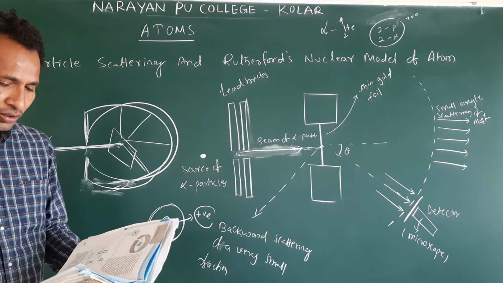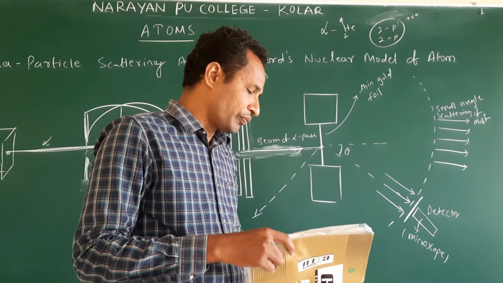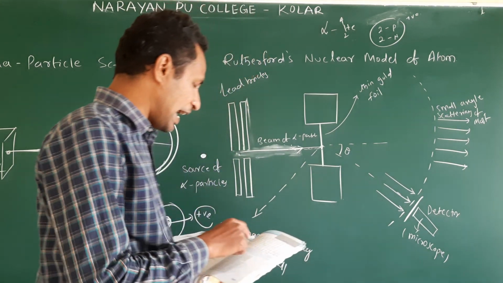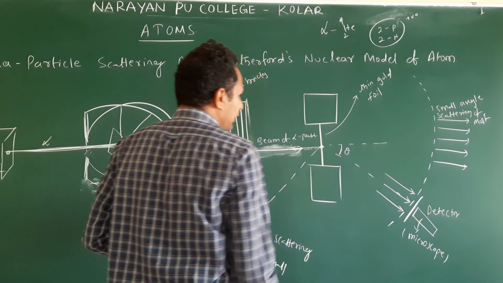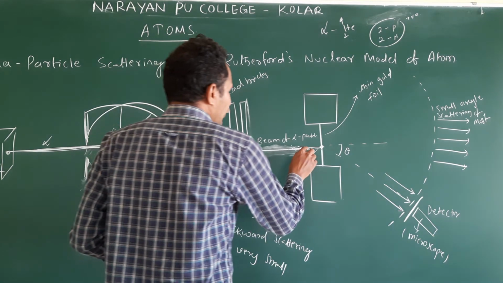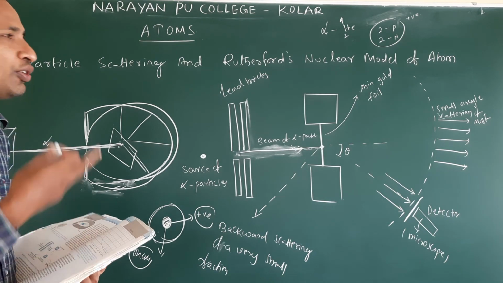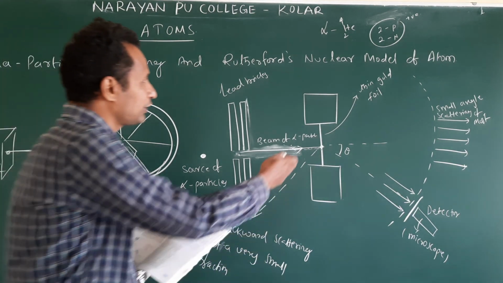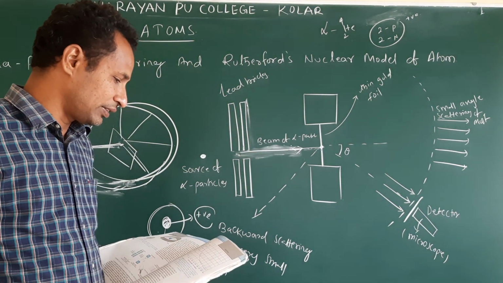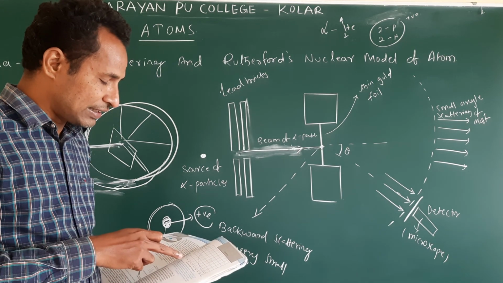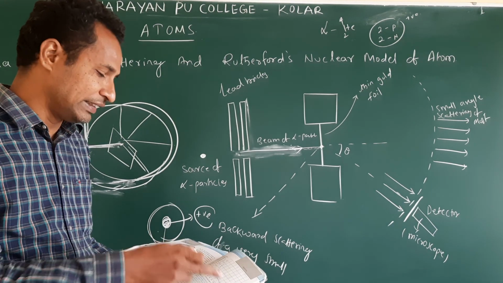They drew the graph between the scattering angle and the number of alpha particles detected. Clear? So in this graph, see, when the angle is 0, if you take the atom and the particle falls in a straight line, what is the angle? It is 0. Then there is no scattering, so they did not detect it. As the angle increases, what happens? As the angle increases, scattering also decreases. Here you will see in the graph.